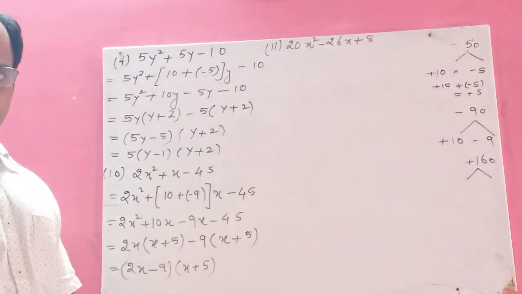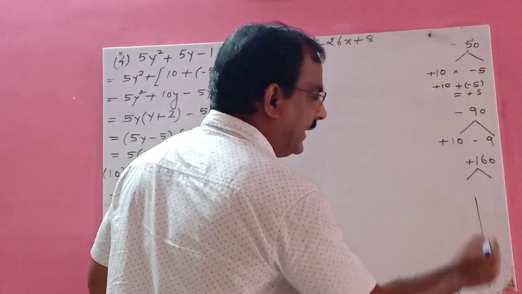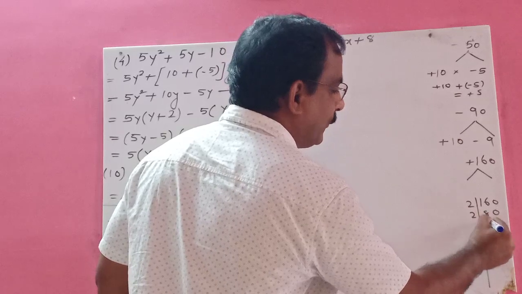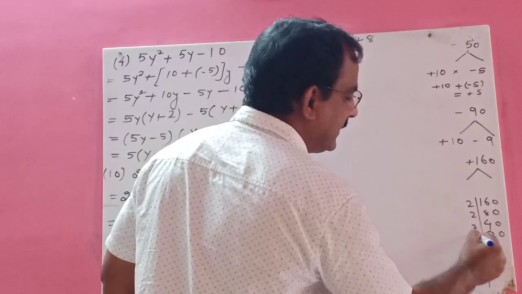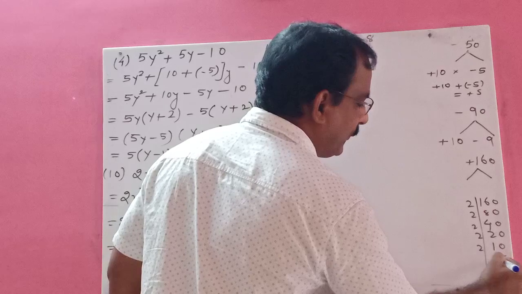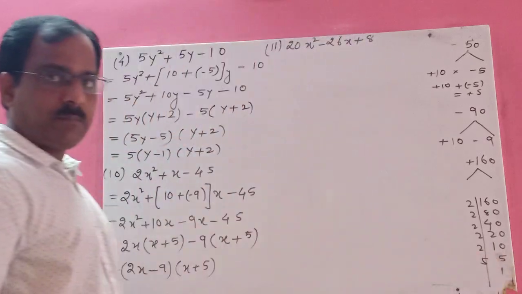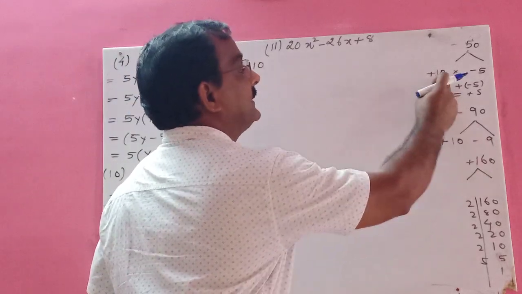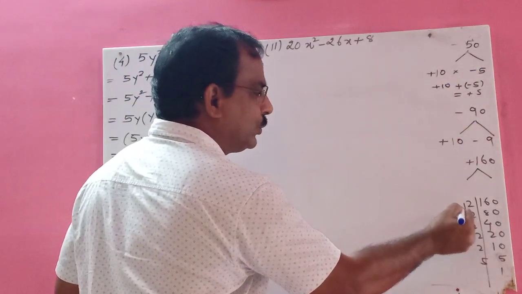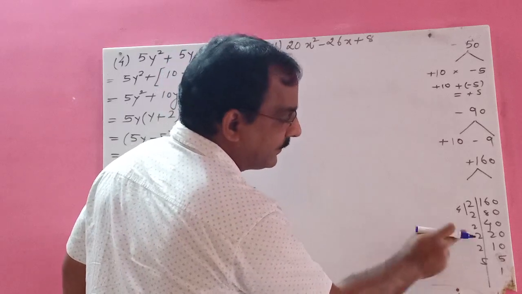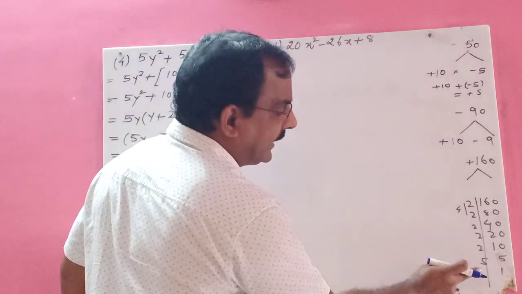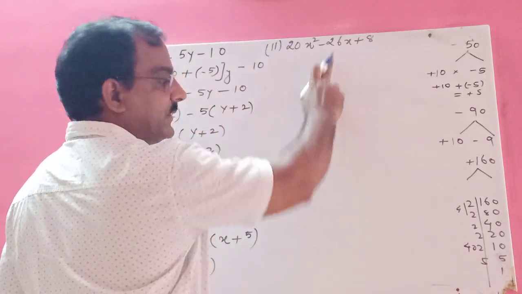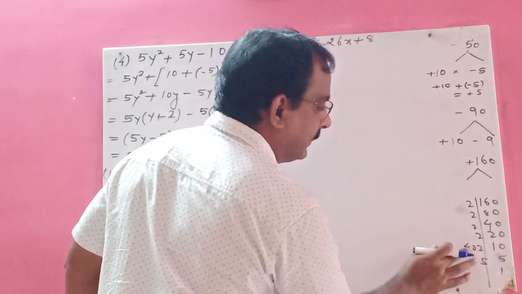So how will you get two numbers? Find out the prime factors. Very simple. 160. So 2 80s are, 2 40s are, 2 20s are, 2 10s are, 2 5s are, and 5 1s are. Now from this you are going to get those two numbers. Okay, see how. First take this, 2 2s are 4. Second number is this. So 2 2s are 4, 4 2s are 8, 8 5s are 40. 40 plus 4, you will not get 26. So this is not my two numbers A and B.